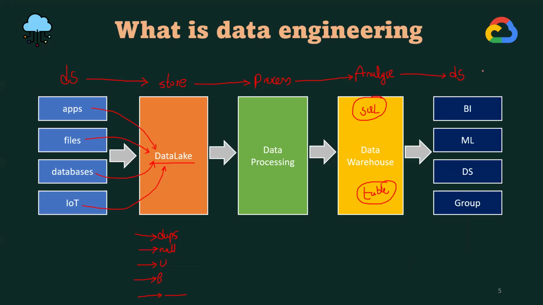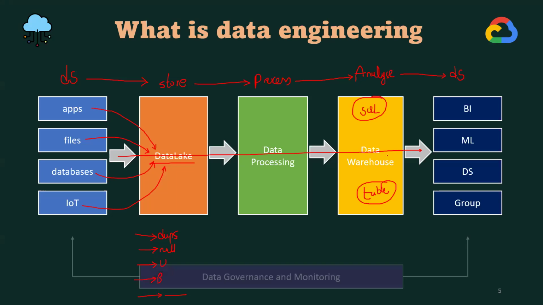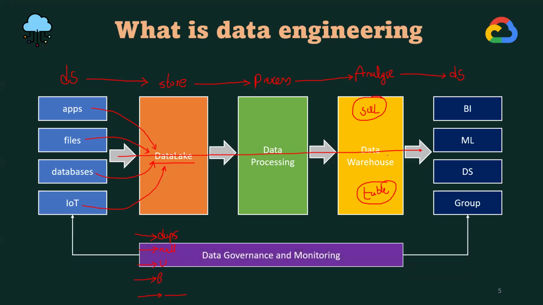This arrow marks, whatever you see, it is indicating that this is not done manually. It is an entire automated process. So everything from here to here, here to here, it is an automated data pipeline that we are going to create. And we also ensure that the entire processing activity